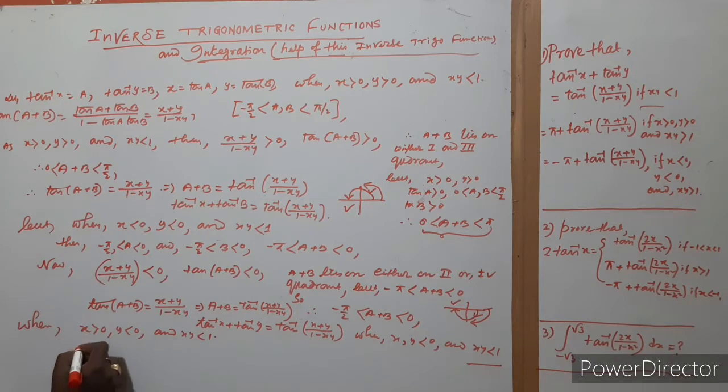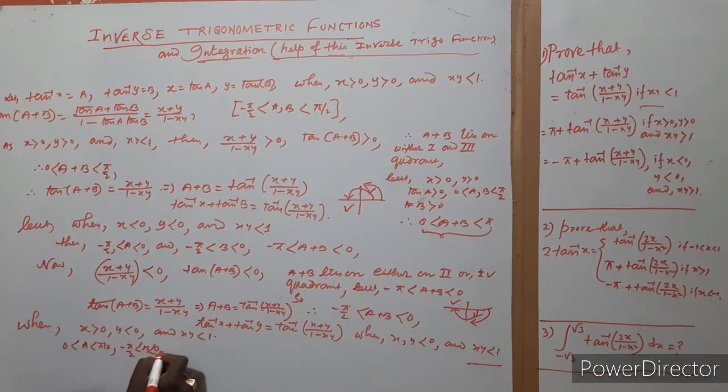so therefore a lies between 0 to pi by 2 and b lies between minus pi by 2 to 0. Therefore a plus b lies between minus pi by 2 to pi by 2, sorry, this is pi by 2. Okay,